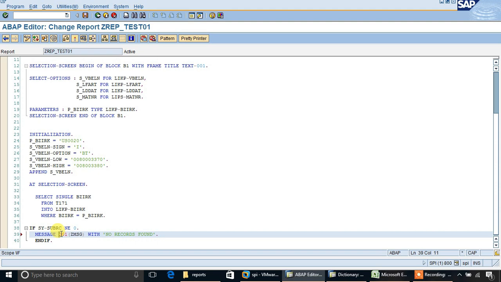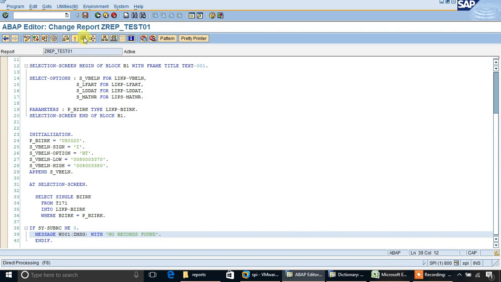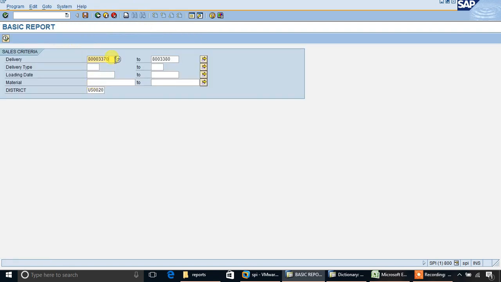Now the warning message. There's no record found. This is the warning symbol.